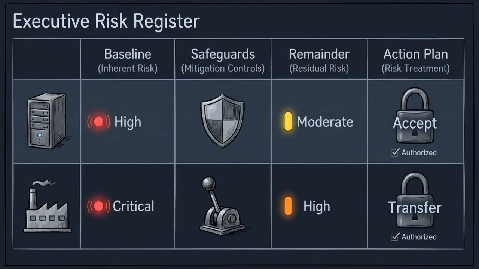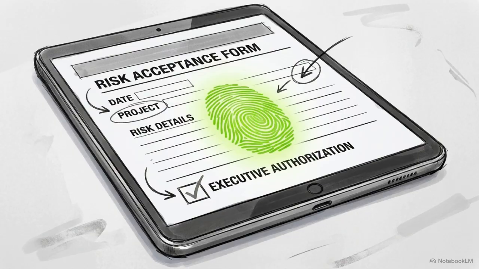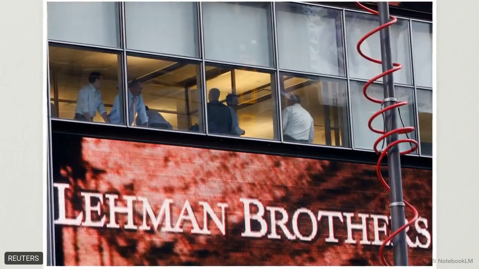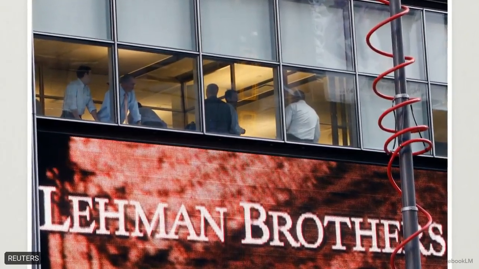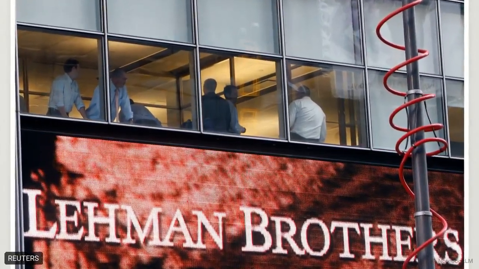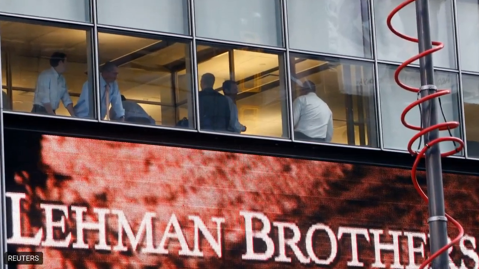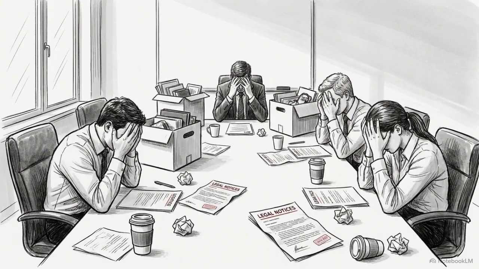These decisions are tracked in the risk register, an executive ledger that maps residual risks to their specific treatments. NIST and ISO standards require accepted residual risks to be authorized by executives with appropriate authority. Risk management frameworks require executive-level accountability for every accepted risk. When leadership fails to acknowledge the true scale of their residual exposure, the resulting fallout becomes a matter of institutional